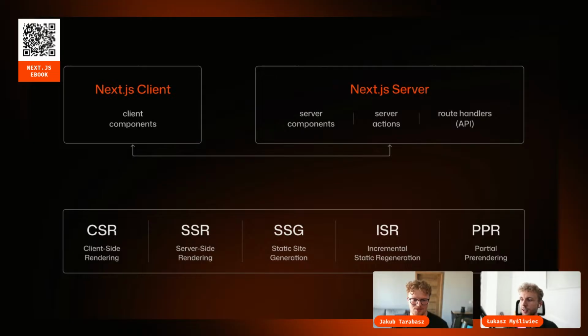Do we have any questions? We had the CSR for the button. Okay, that was interactive. The server-side rendering was on the product at first. Okay. SSG then, because we knew what products we have in the data. CMS, ISR also for the products, and PPR for the listing page with recommendations. Yep. Okay, so we covered everything. Yeah. That looks awesome. So if you have any question about